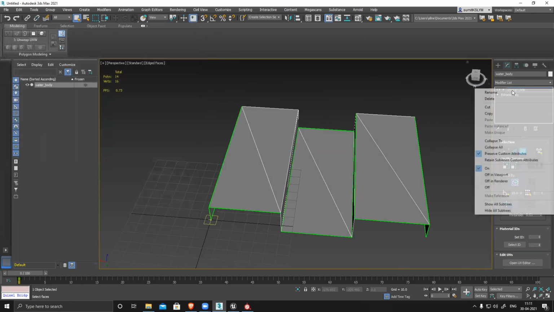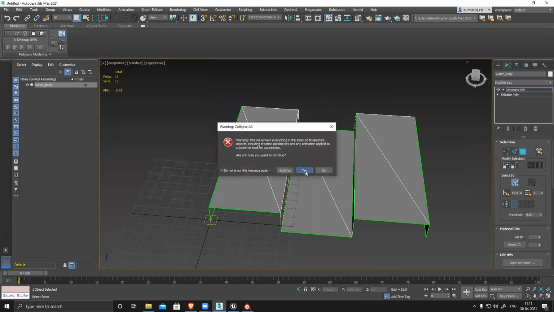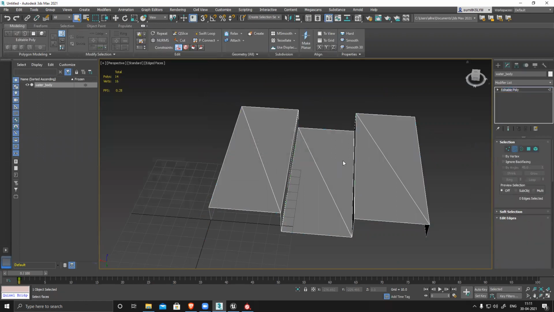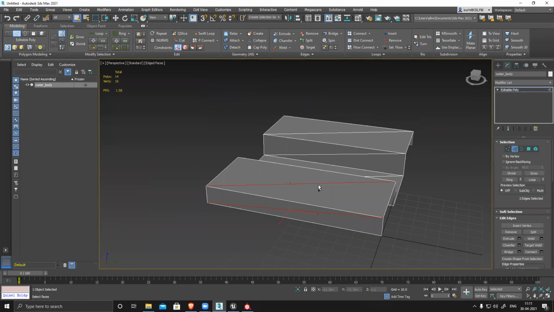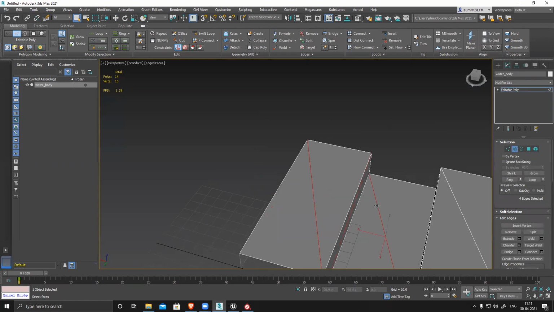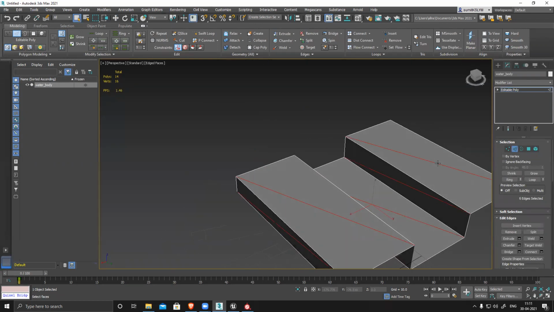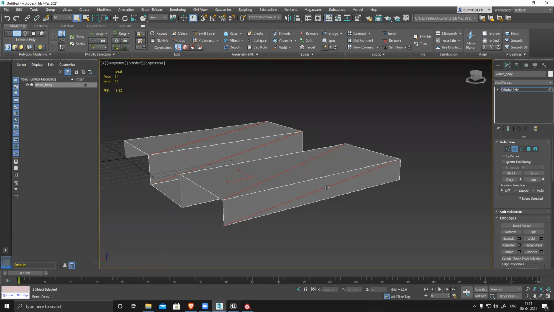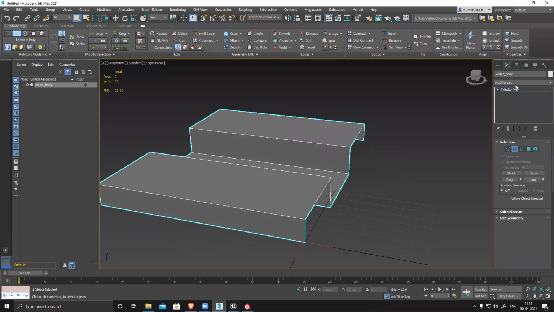So it all got triangulated. Remove, because I don't have the source file. It's in college, so I don't have it. So I'll just remove all these in-between triangles. Okay. Delete, backspace, delete, done.